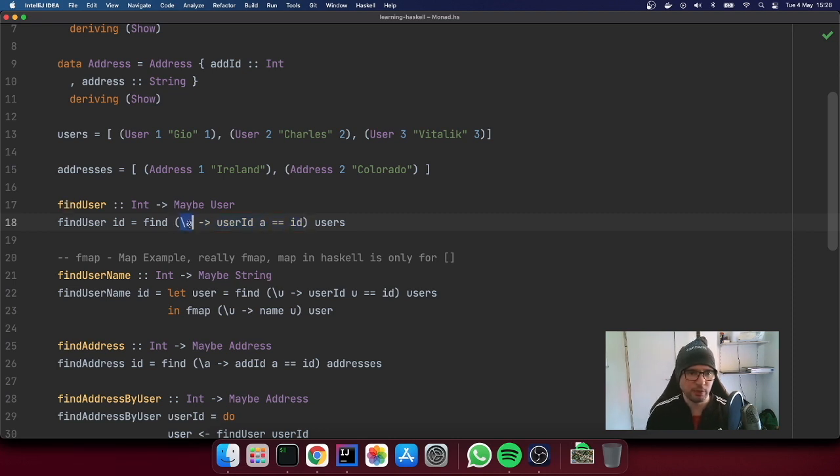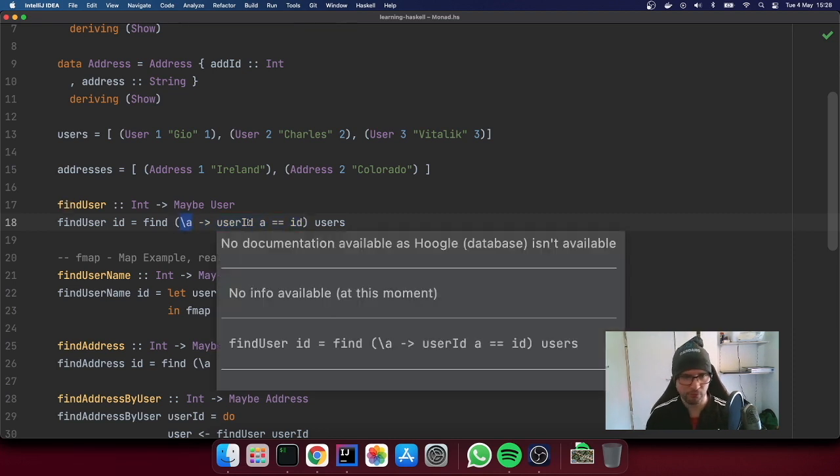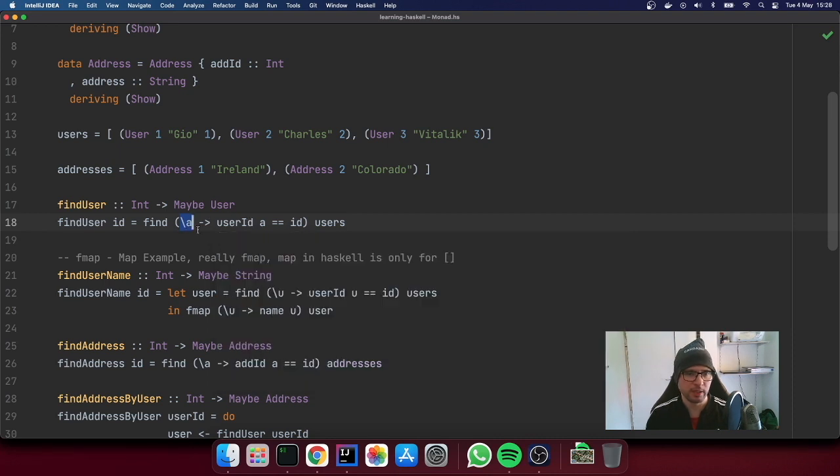This is a lambda function, and the syntax is a backslash or something, and then we say that the user ID of the variable a, like we should really call this u, as in users, is equal to the ID that we just passed, and then we scan through the users. Of course, if we want to just find the user, this is enough.